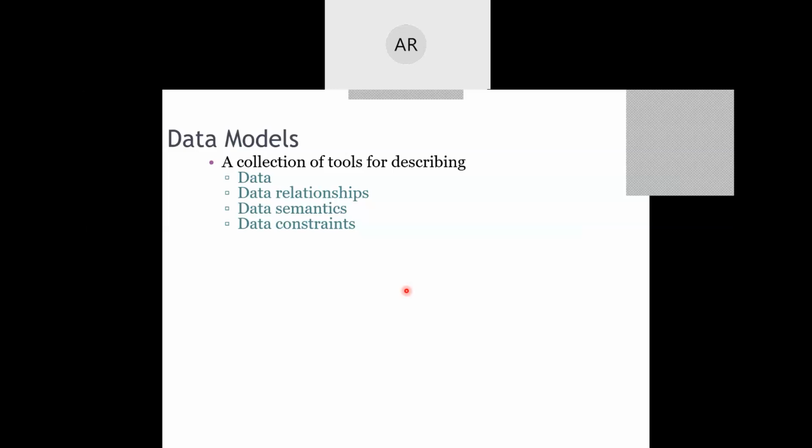Fourth one is what are the constraints that are involved in it. Constraint means any condition that we put on the database. For example, I'm keeping a condition on the salary column of the employees database that the salary should not be less than 10,000. That condition is called a constraint.